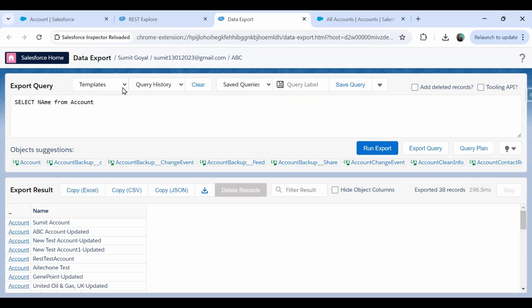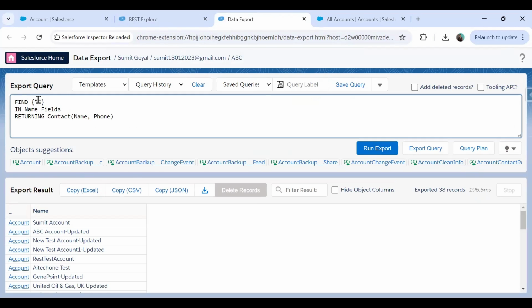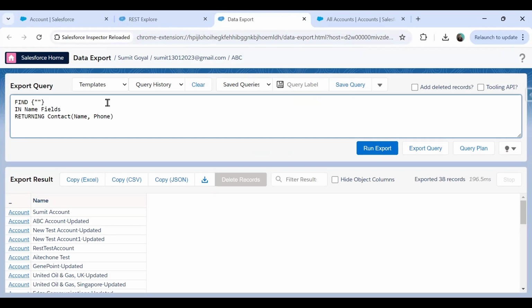But I just want to run SOSL queries, and for SOSL queries, we can find the existing template. So I just write here find, existing template, and from this drop down, I select find in name. I just want to find what I want to find. Let's say I want to find name, find name in name fields returning contact name, comma phone. And when we run this query, when we click on export,